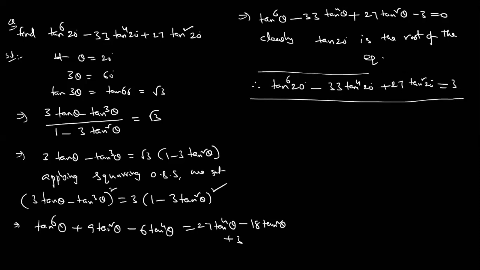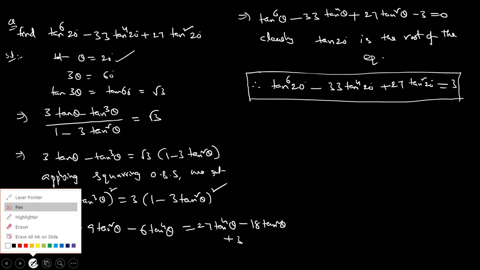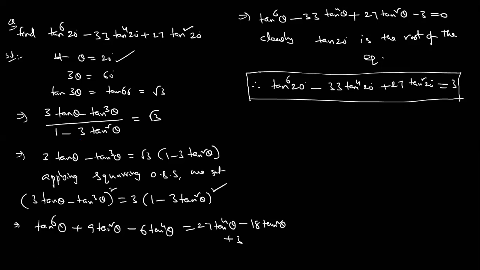This one is completely advanced question, dear students. So anyone having doubts, raise your hand. I will repeat this question. Okay, what is the doubt, Narinder? So take theta is equal to 20 degrees. Apply multiply with 3. Why? Because we know the formula of tan 3 theta. So tan 3 theta is how much? 3 tan theta minus tan cube theta by 1 minus 3 tan square theta.